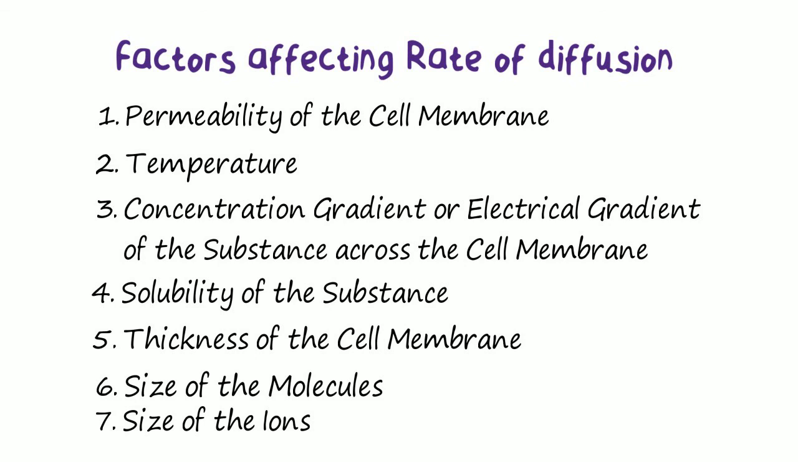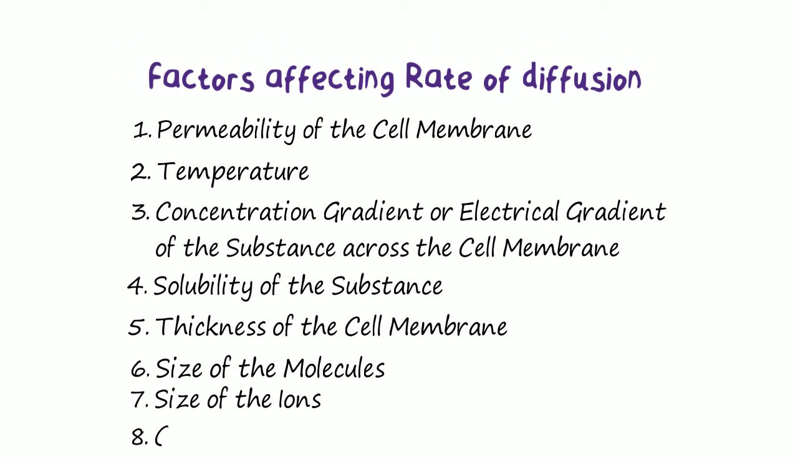For instance, sodium ions are smaller in size than potassium ions. Still, sodium ions cannot pass through the membrane as easily as potassium ions because sodium ions have the tendency to gather water molecules around them. This makes it difficult for sodium ions to diffuse through the membrane. Lastly, the rate of diffusion is inversely proportional to the charge of the ions. The greater the charge of the ions, the lesser the rate of diffusion. For example, diffusion of